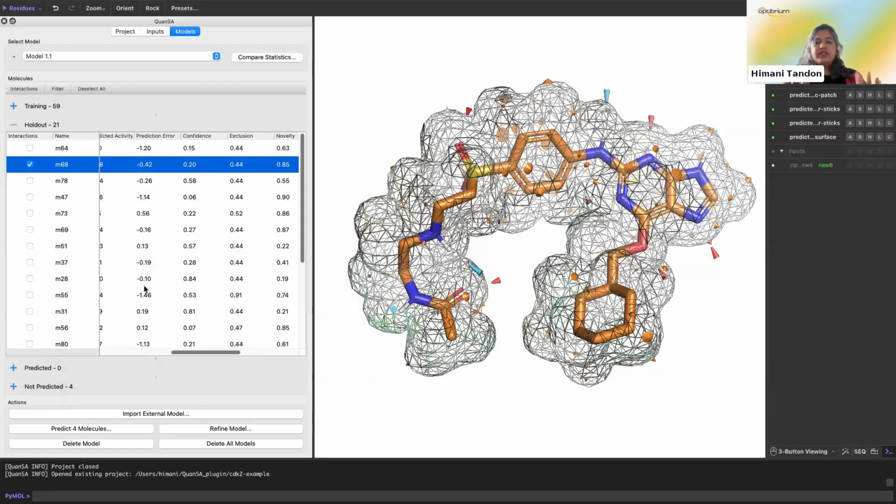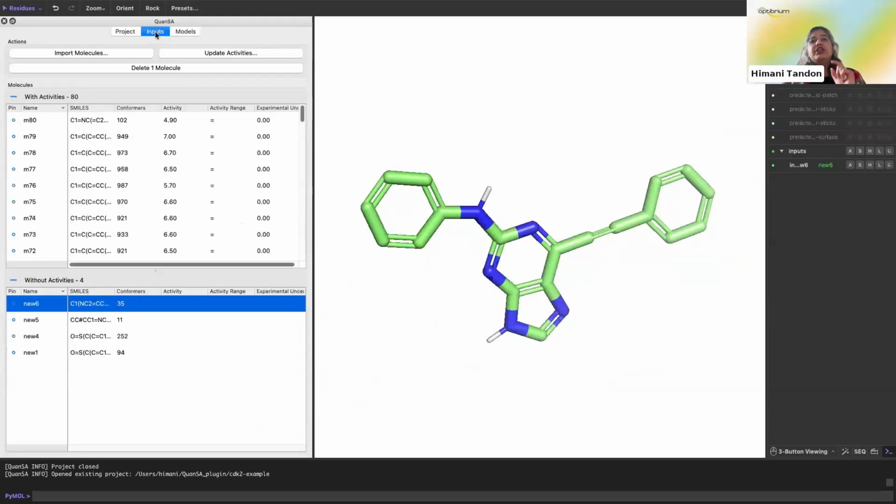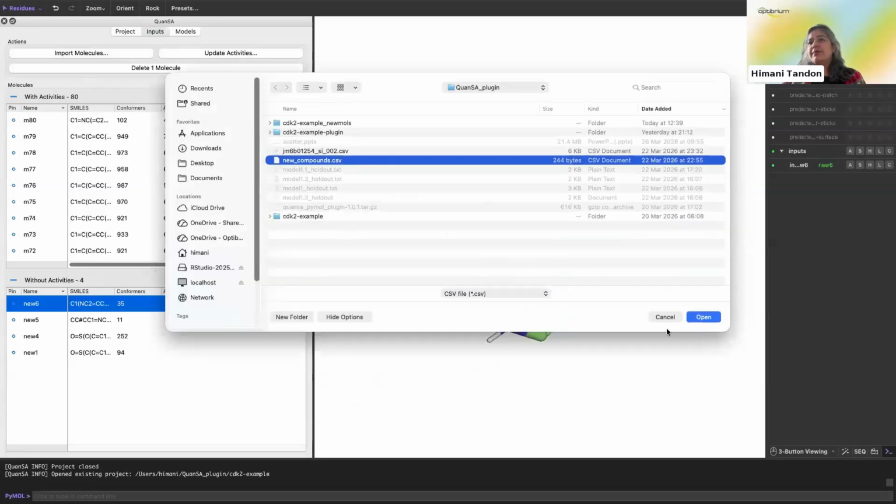Now, at this point, this was all about the training and validation of the model, but the main task is how we use these models to predict the activities of novel compounds. At this stage, once the model is created and you have chosen the model after refinement, you can go back to the inputs tab and import the molecules again. For example, in this case, the new compounds that you want to predict activities for.